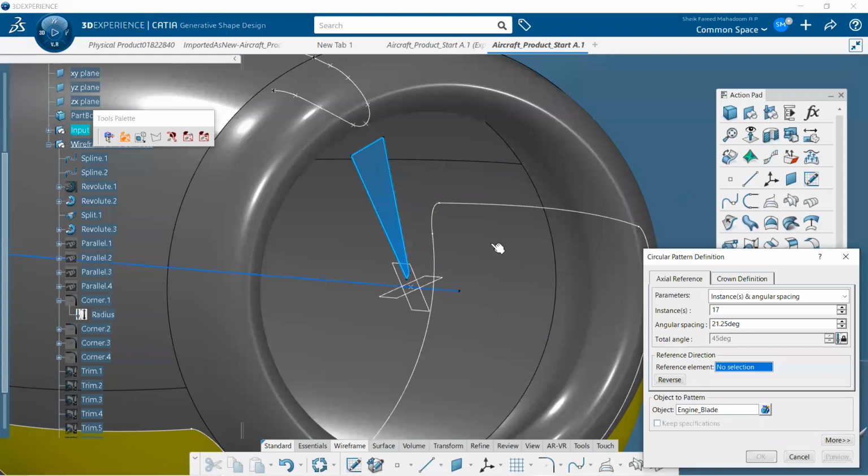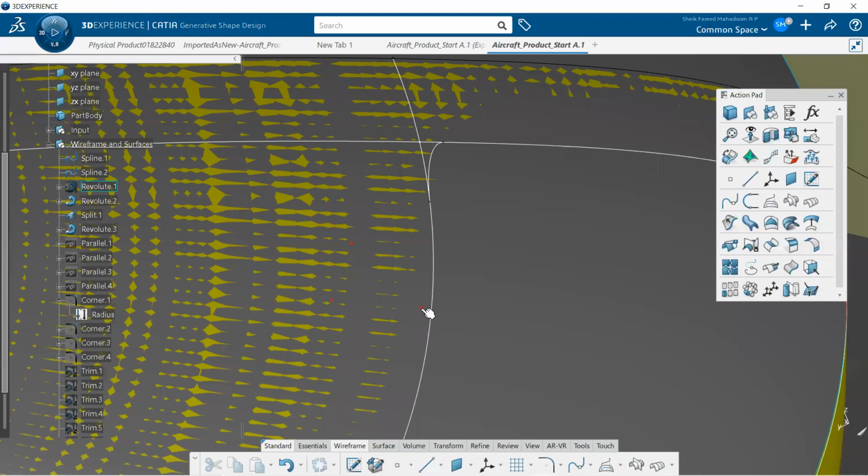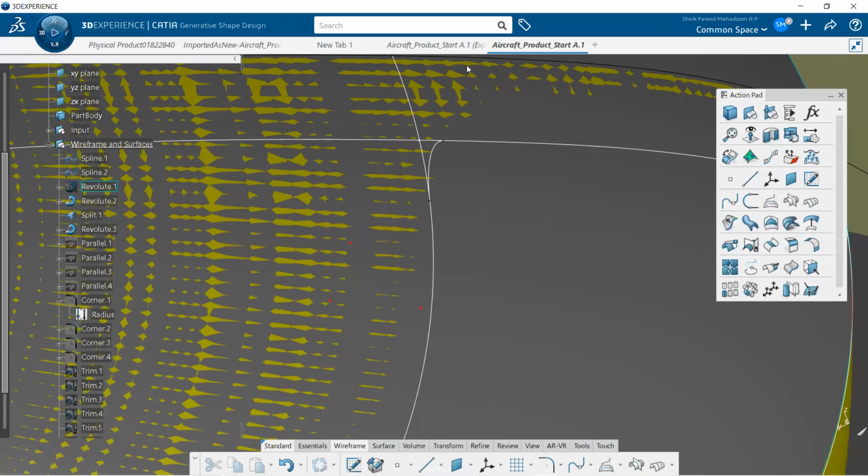Once after completing the blades, we need to develop the blade head surface, right? For that, just again go to the hidden surfaces and select. You can see there are 3 dots over here. Click on the dots and unhide it. Get back to the working surface. You can see there are 3 dots. The red dots will be there.